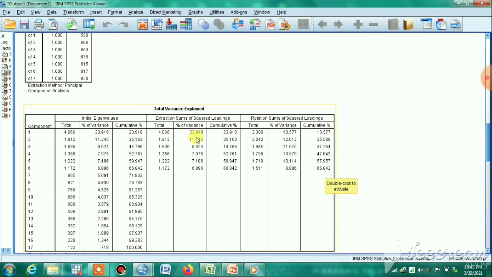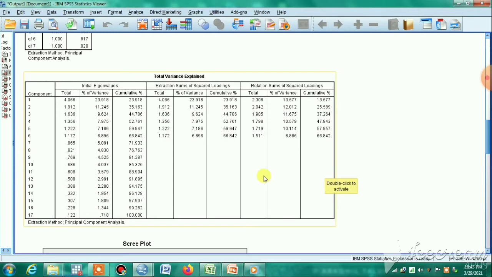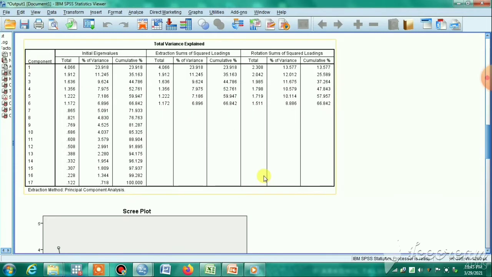Similarly, the second one explains 11%. This is before rotation. After rotation the first factor explains 13.58%, the second 12%, then 11%, 10%. In this way we can explain the percentage of variance for the 6 factors.